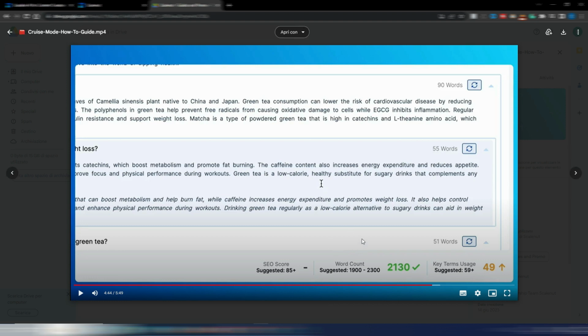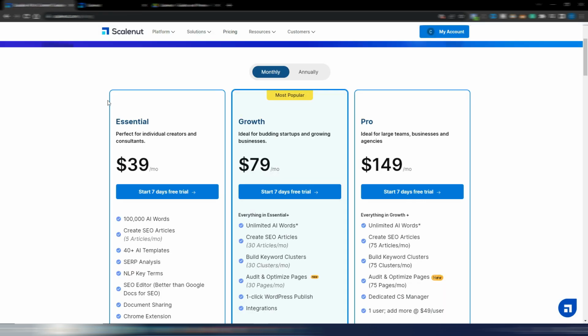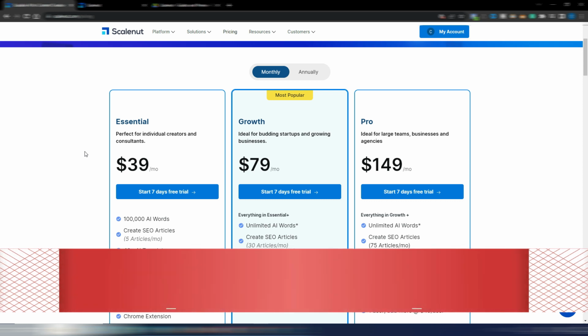And this is the revamped Cruise Mode. Sorry if I had to cut some little parts of this official video, but I don't want to make this video too long. Anyway, as you can see, now Scalenut is even better. You have an optimized Cruise Mode, you have an even better keyword planner, you have your fixed feature, so you can optimize your article with just a few clicks, and all these for a surely cheaper price if compared to